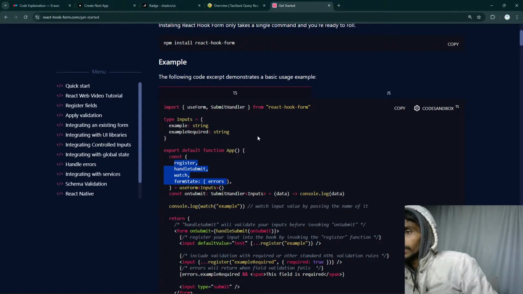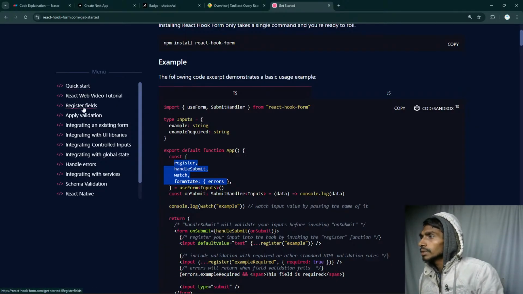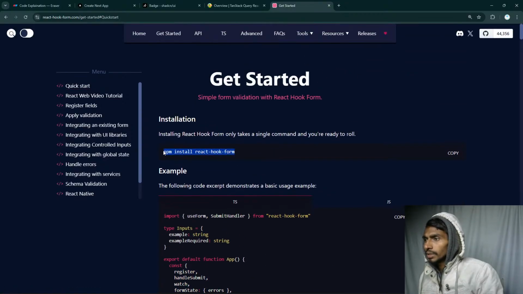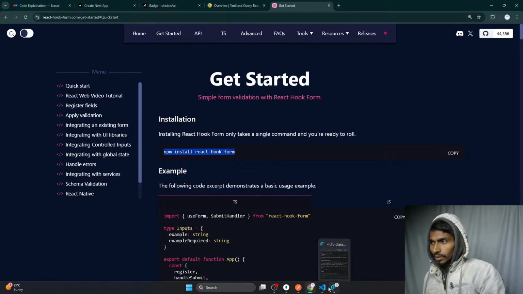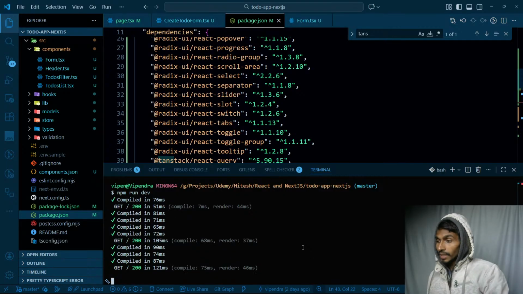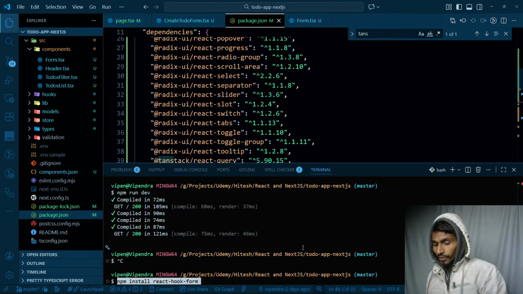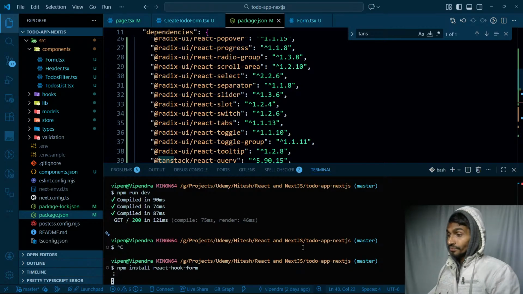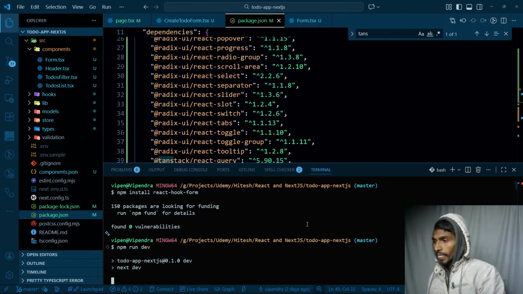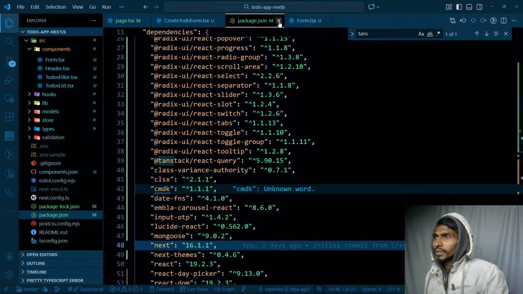Okay, let's say download this one, and for downloading it I can click on quick start, and this is the download command for it. So let's simply download it first of all. The thing is that right now I'm suffering from sneeze, so it's too hard for me to speak, but I'm still speaking. Not a problem. And the next thing I can do, I can just simply run it from here. So npm run dev,